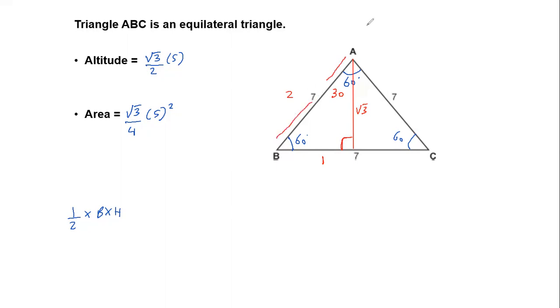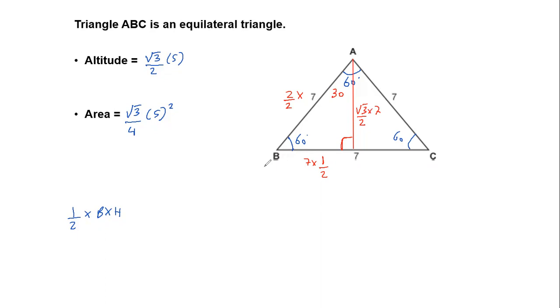Now which side is given to me? AB is given to me. Whichever side is given to me, I will convert the ratio of that side into 1. That means I'll divide everything by 2. And the side is given to me 7, so of course I'll multiply it with 7. So this is multiplied with 7, this will also be multiplied with 7, and this will also be multiplied with 7, right?